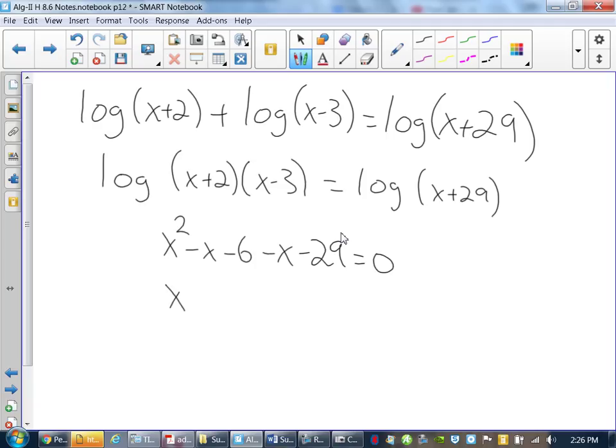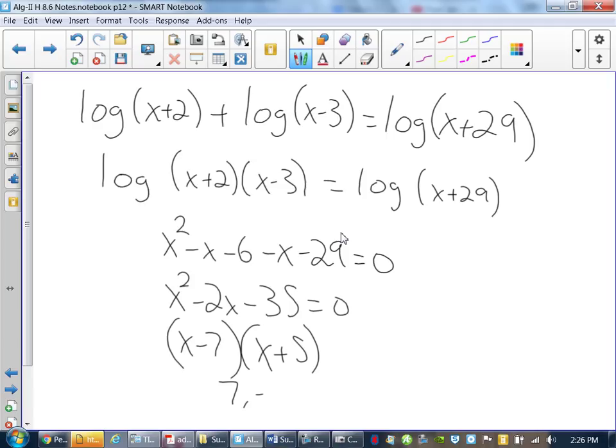So you have x squared minus 2x. You get 7s and negative 5s. What do you throw out right away? Throw out the negative 5, and then from there,